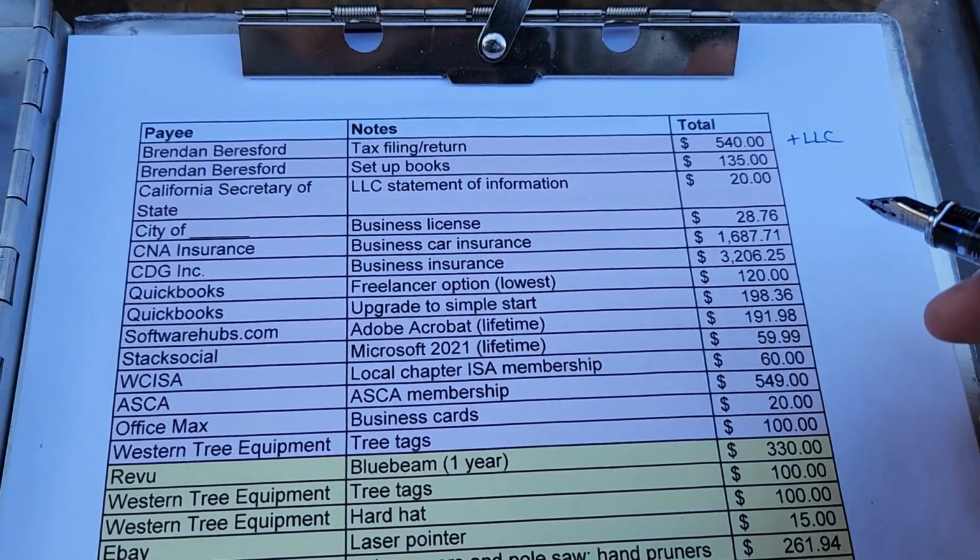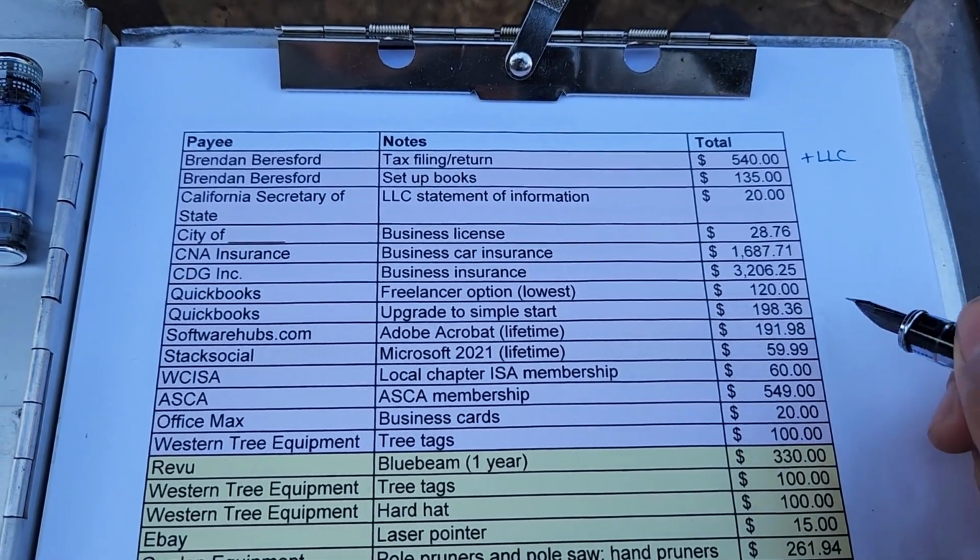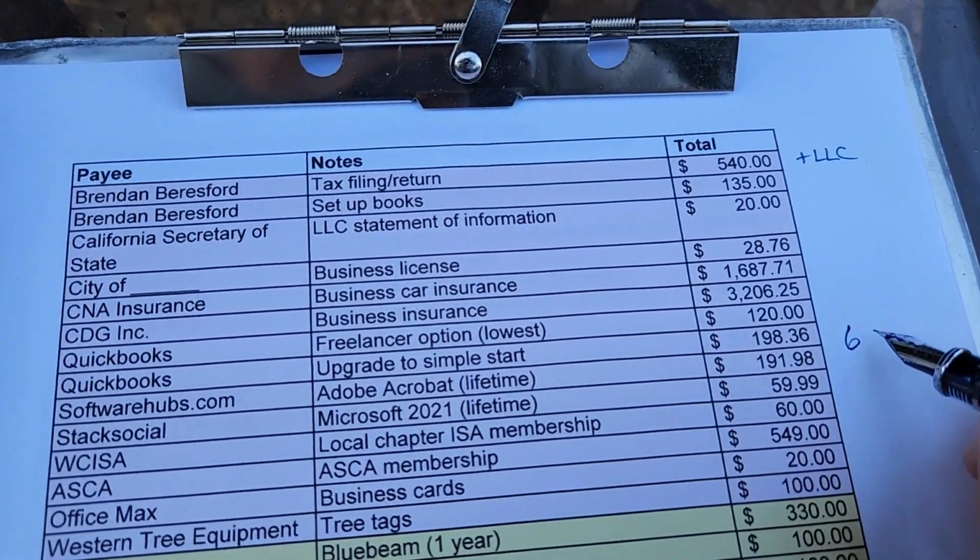Getting a couple of jobs will pay off that membership, and it will also save you money when you want to go to workshops and things like that to network with other arborists. And that's another way I've been able to get clients, is that people will send me jobs that they don't want to do themselves. So for this first category of what I considered must have, it came out to